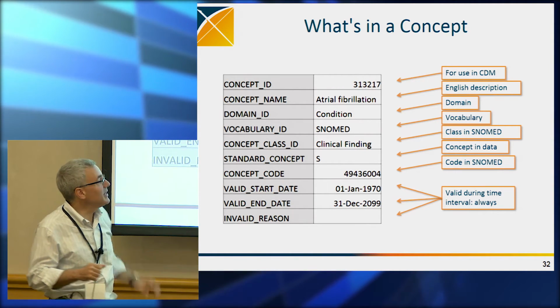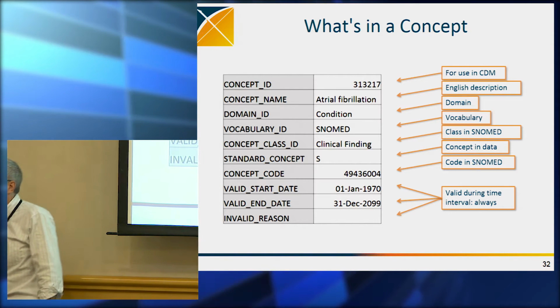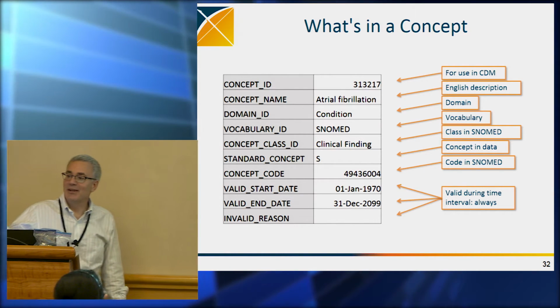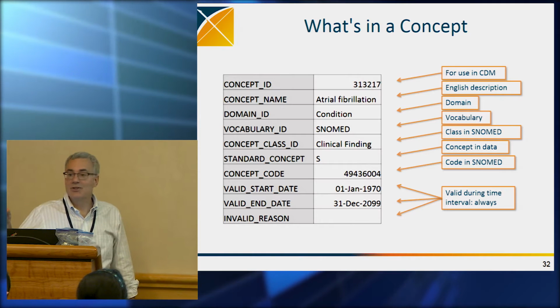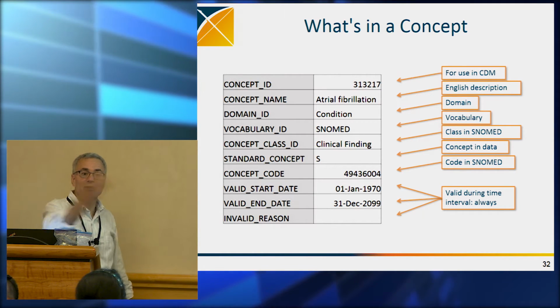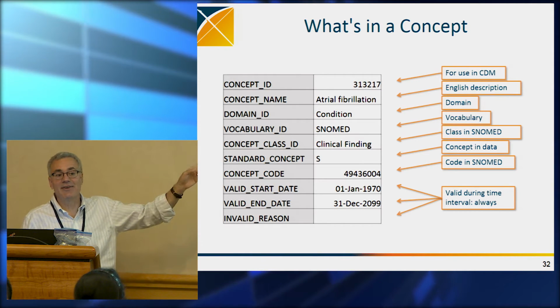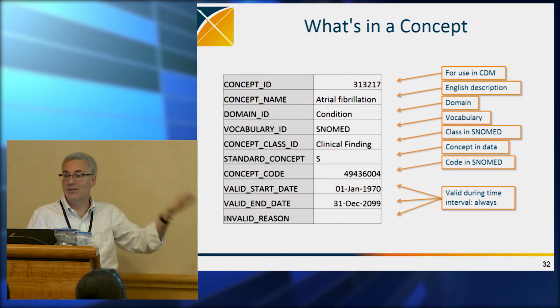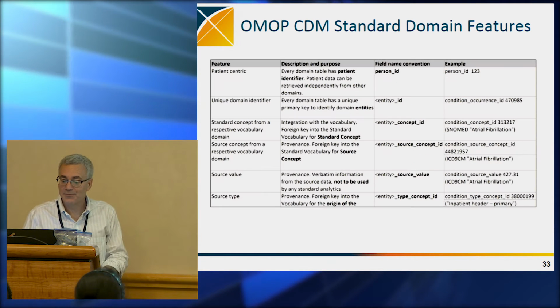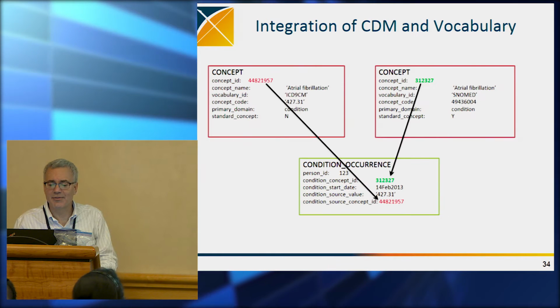And a start and end date, and an invalid reason, which says whether that term is still valid. Vocabularies swap out terms all the time, and we need to accommodate that. But we can't get rid of the terms because we've already stored data under those terms. So we show that it's currently invalid, but the data that it was stored under 3 years ago is still valid. I think I've gone through this slide, so I'll move on to a different version.